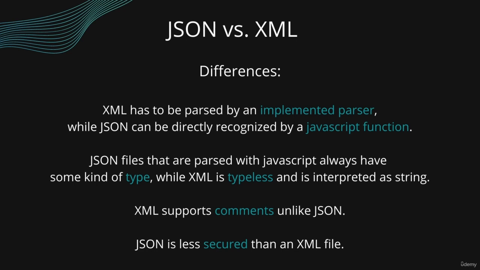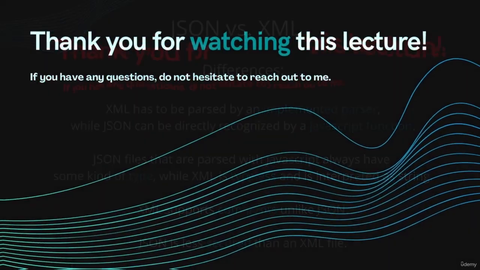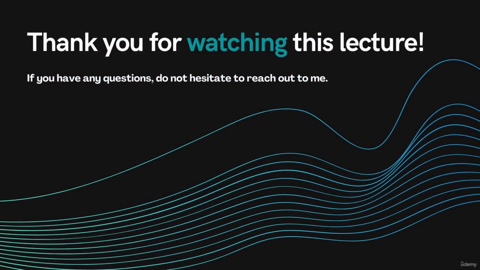But again, JSON is much easier to parse, and it is also the go-to way to transmit data on the web, especially when it comes to REST APIs, while XML is mostly used with SOAP APIs. So personally, I prefer JSON more, but depending on what you're trying to build and what type of API you want to build, I think it's best for you to choose for yourself and for your own needs between